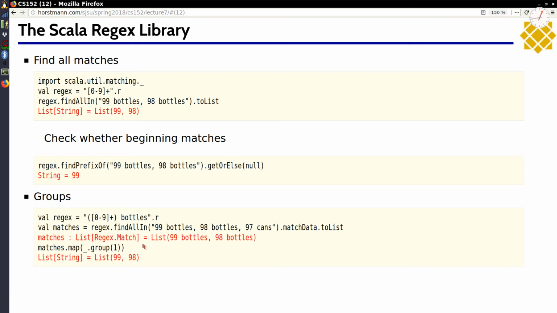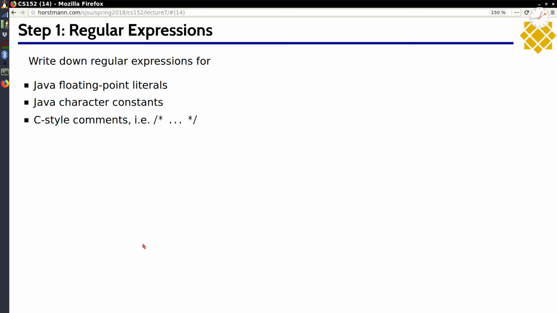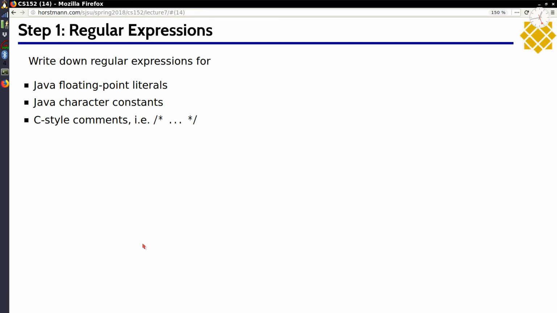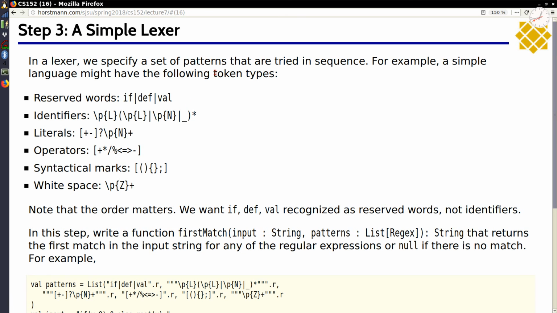So that's what you need to work with regexes, and I want to put that to work in this lab. So this lab starts out with something that I think in the interest of time I would like you not to do today, where it says write down some regular expressions. And that's all in good, clean fun. But these are actually hard to do, and you could easily fritter away a half hour coming up with a correct regular expression for something like C-style comments. And when you see here, you can see how things go into the weeds quickly. So I would like you to go boldly to step 3 of the lab,